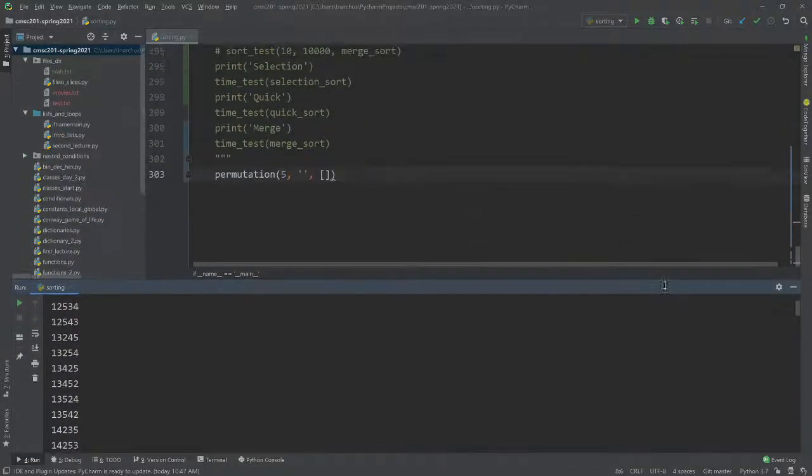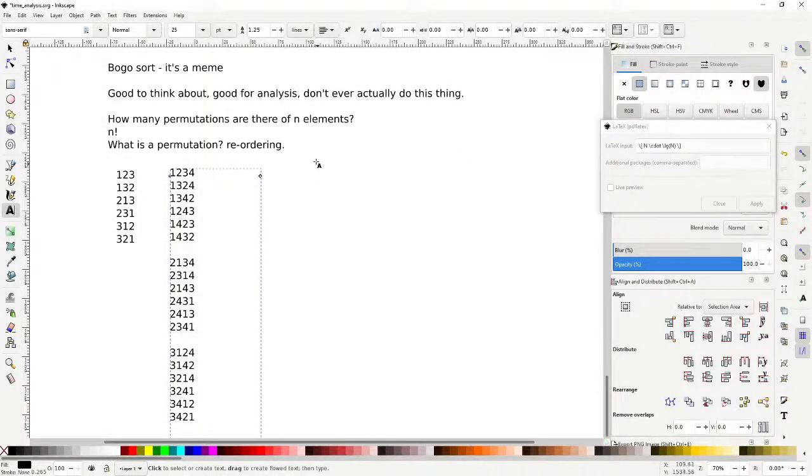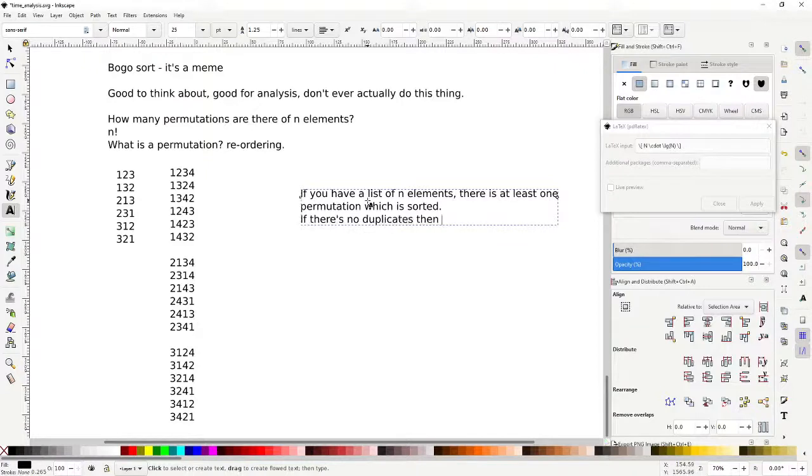Now, here's the weird thing, right? If you have a list, so let's get back to Bobo Sort. If you have a list of n elements, there is at least one permutation which is sorted, right? If the elements are all distinct, there is exactly one, but if there are some duplicate elements, then there's a little bit of wiggle room in that. So the point is that if you have a list of 10 million elements, and it's just numbers from 1 to 10 million, and there are no duplicates, then there's exactly one permutation